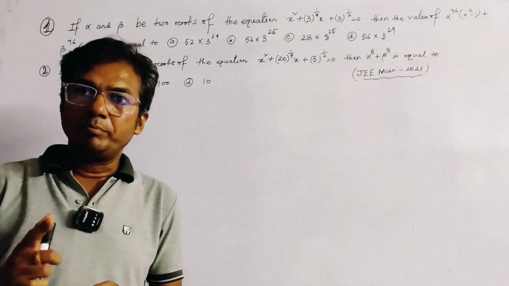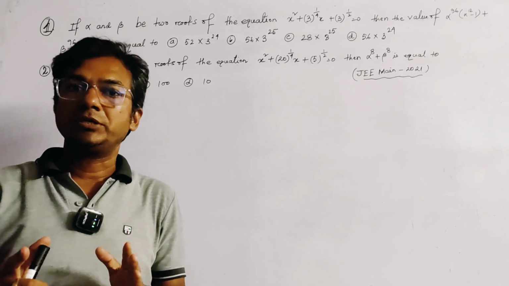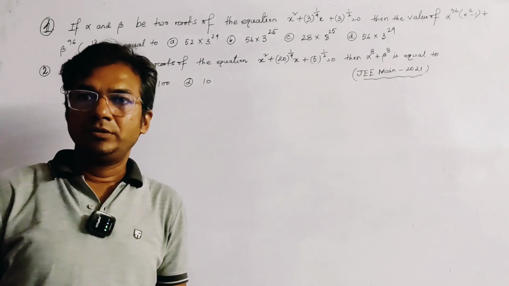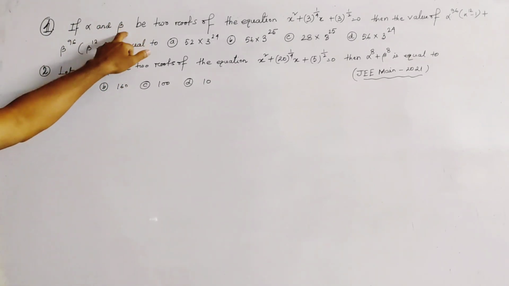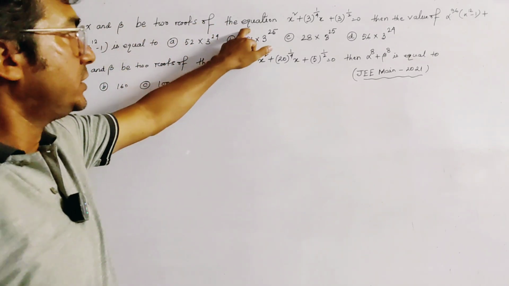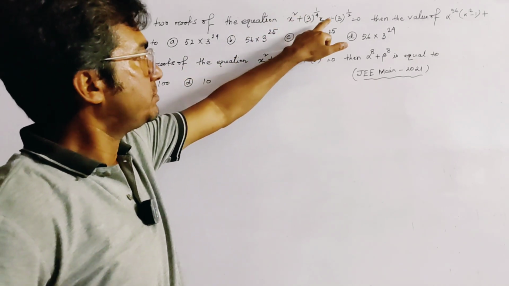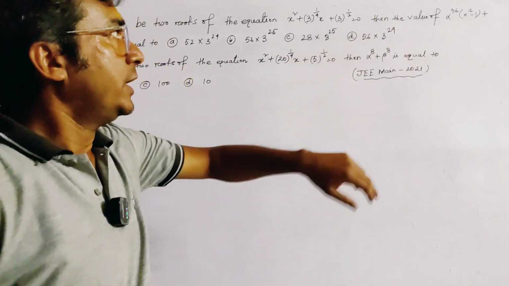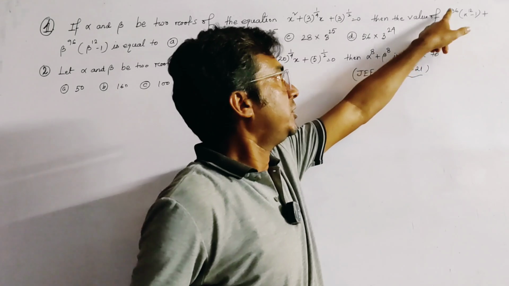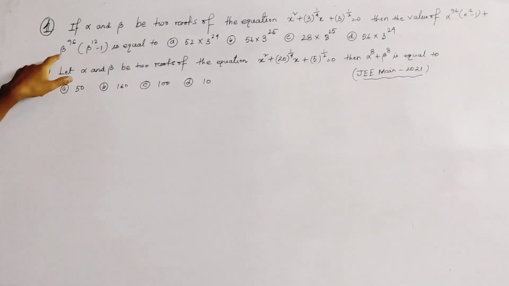Two problems from JEE Main 2021 and also from the chapter quadratic equation. The first problem is, if alpha and beta be two roots of the equation x square plus 3 to the power 1 by 4 into x plus 3 to the power half equals 0, then the value of the expression is given: alpha to the power 96 into alpha to the power 12 minus 1 plus similar value of beta to the power 96 into beta to the power 12 minus 1